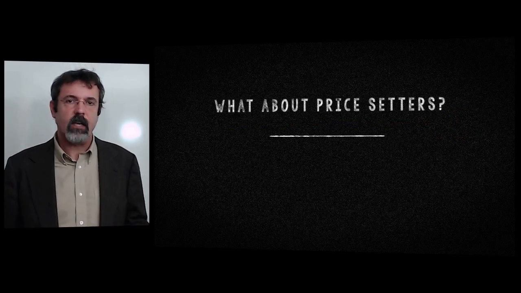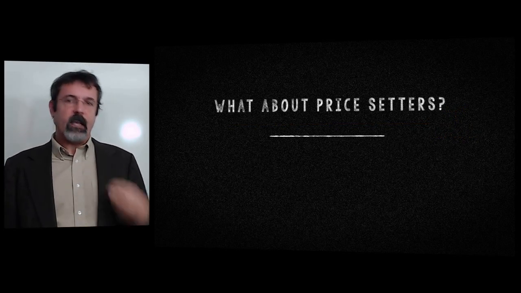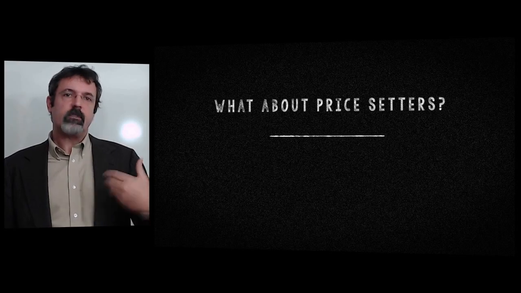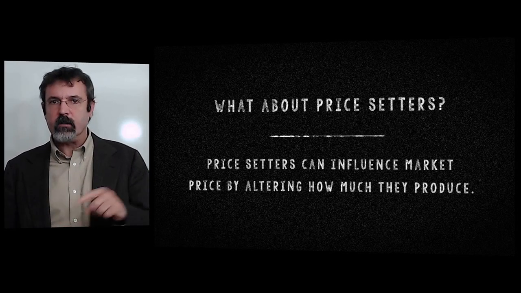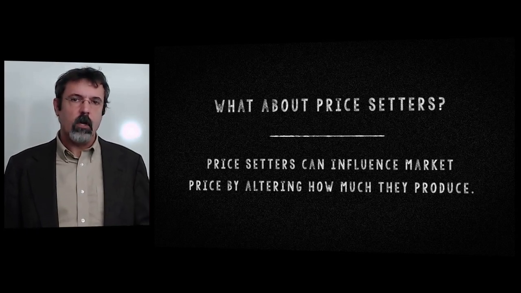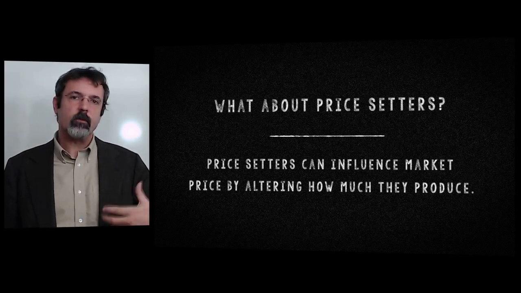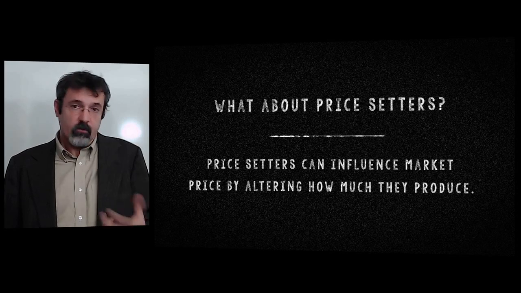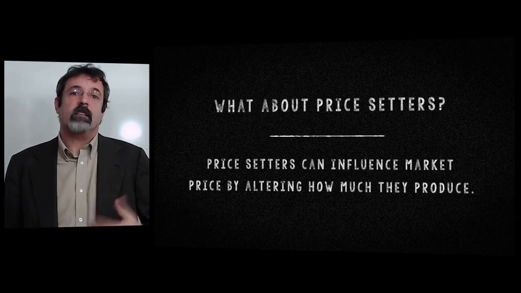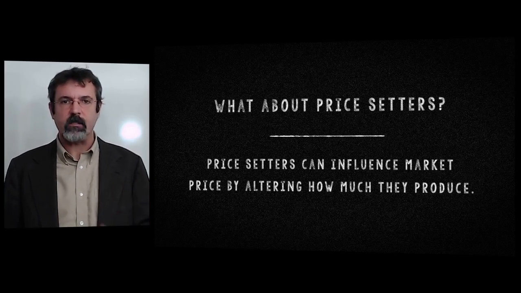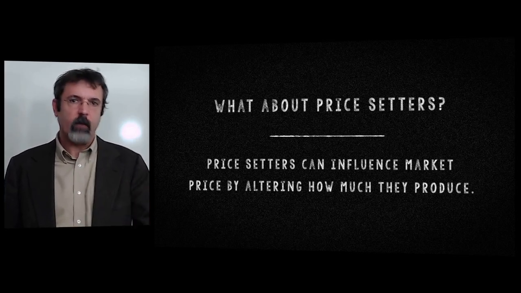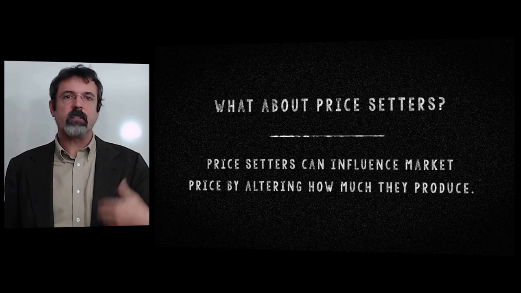Now consider the case of a price setter. In the case of a price setter, as the firm sells one more unit, two things happen. One is that the firm earns more revenue. But the second thing that happens is that the firm creates a bit of a surplus, because remember, this firm is a price setter. So as it increases its output, this increase in output has an effect on the market price. So in increasing its output by one, this creates a bit of a surplus,